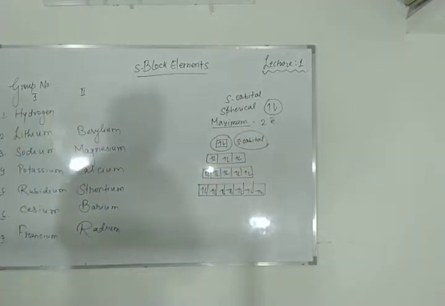We will discuss the ionization enthalpy. We will also discuss the hydration enthalpy. Then we will go through the electronic configuration, physical properties, chemical properties, and finally we will move towards uses of this group number 1 and group number 2. All these things we are going to study. After that, the general characteristics of this alkali and alkaline earth metal. So let's start with the topic called